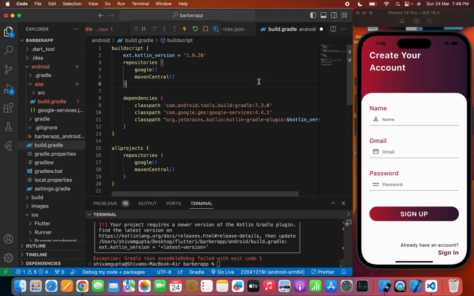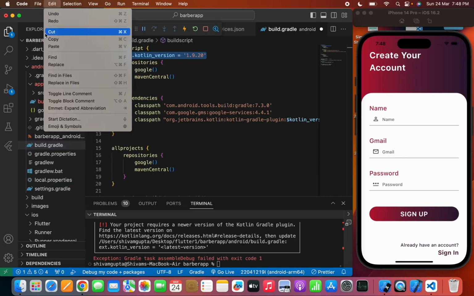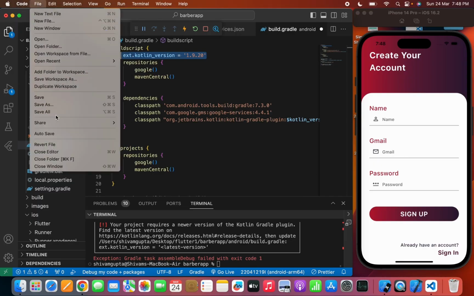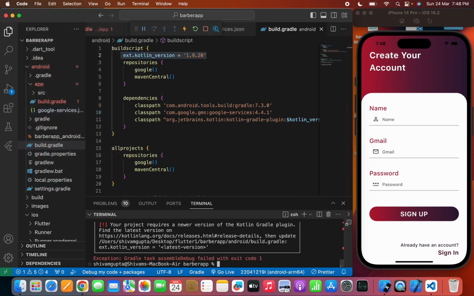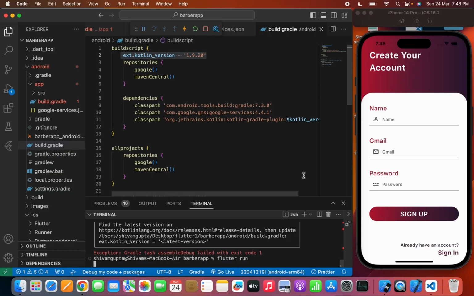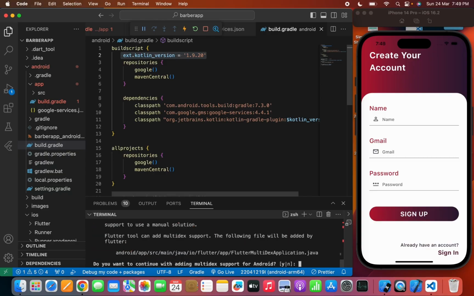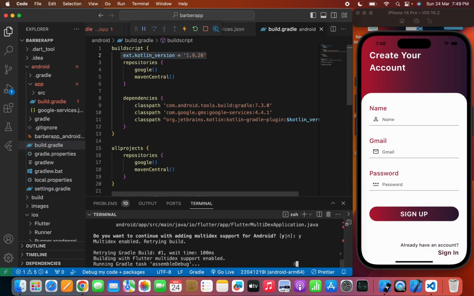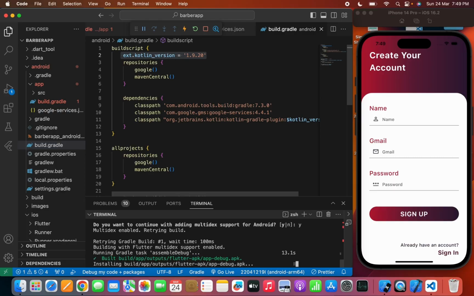Sorry, I didn't save the file. So when you are making the changes, please make sure that you are saving all the files before writing the flutter run command. So now they are telling me to add multidex support for the Android. So I will write yes. So here you can see that our build is successful